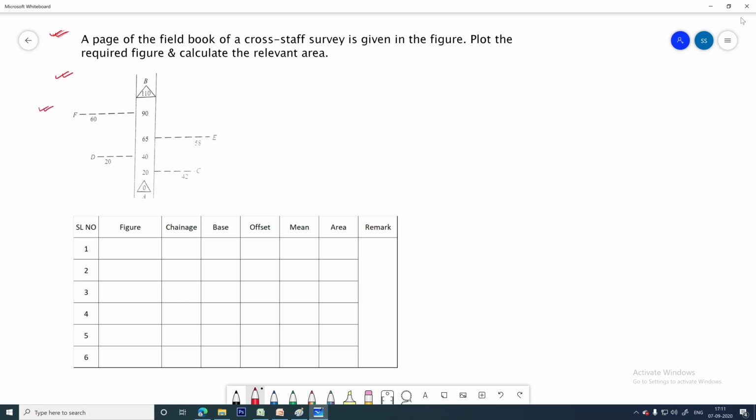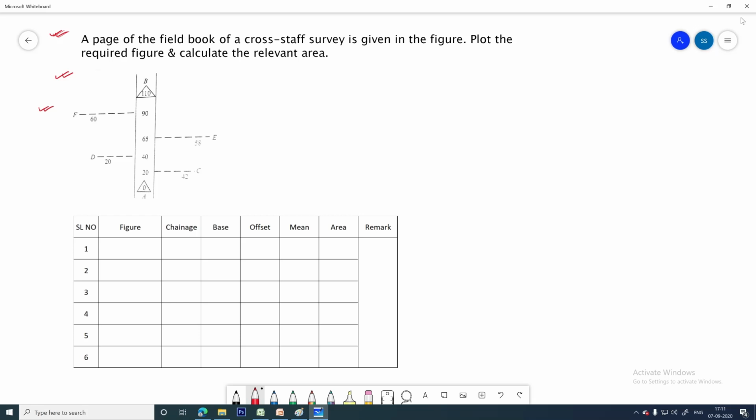This is actually given in the field book. You already know, I have shown you how the field book looks like. There is a center line, and we need to measure some offsets. These are the perpendicular offsets, because these are at a 90-degree angle. If the offsets are taken at some inclination, they are called the oblique offsets. Here all the data given are perpendicular offsets.